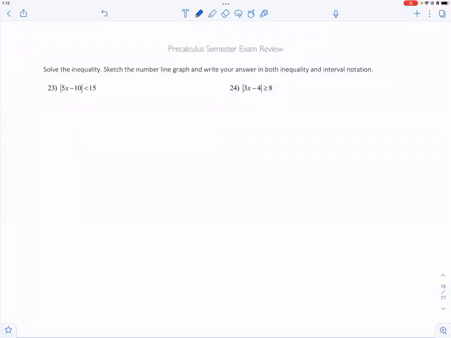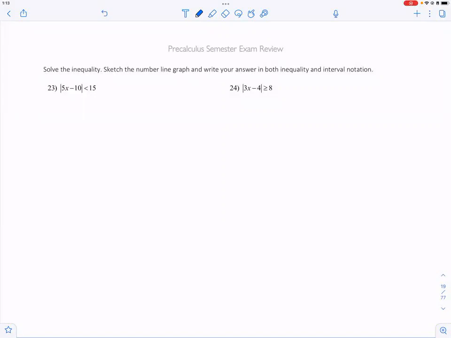All right, so we have question 23 right here, 23 and 24. They're both related to inequalities. Right now, we are going to solve these inequalities by algebraic method. Now, I want to emphasize something about the word solve and the word solution, because a